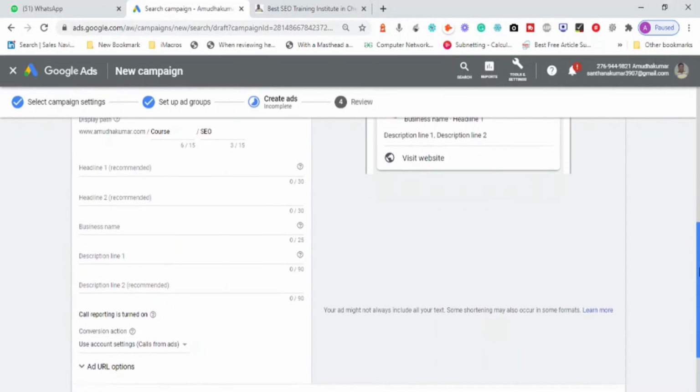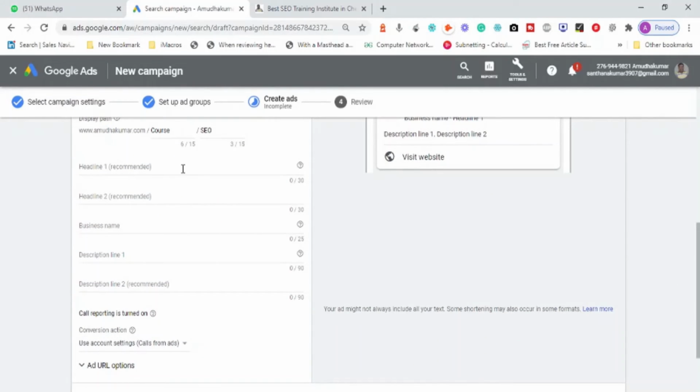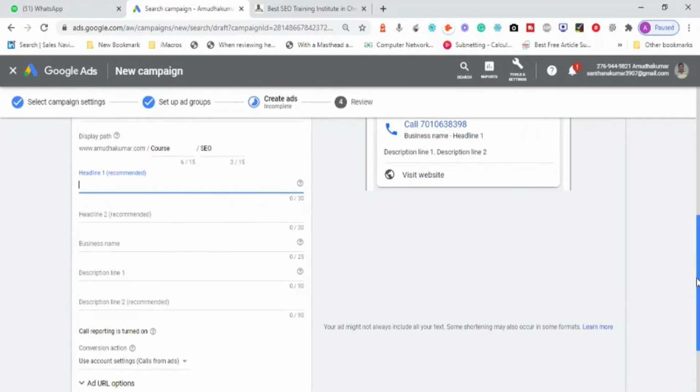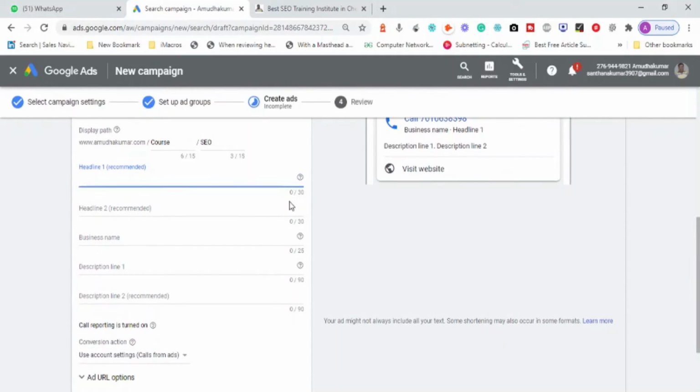Now if you look here, we have to give the advertisement copy, headline 1. The important thing that we need to pay attention to here is the character limit. So we have character limit 30 here. So for headlines we have a 30 characters limit. So what we can do: learn SEO from an expert.